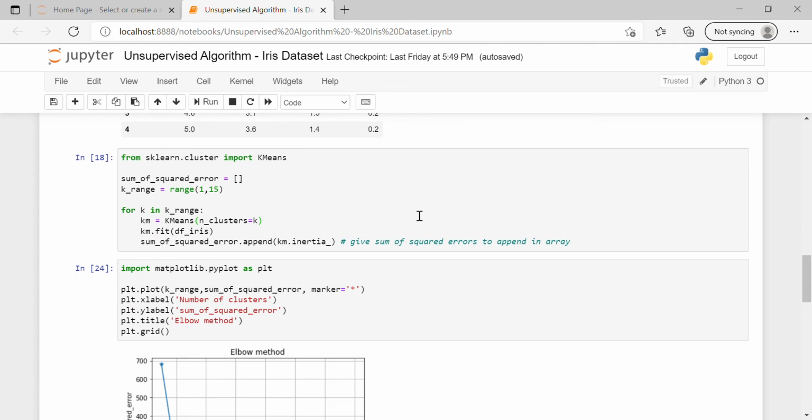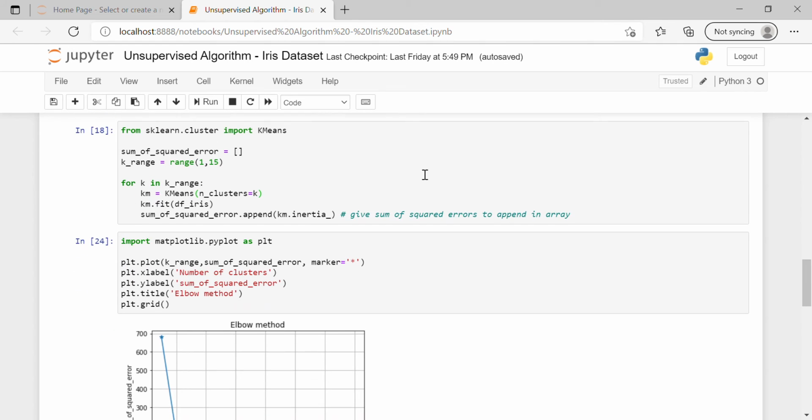Then we have to check for the clusters, how many clusters are there. For that we will first import the k-means algorithm, the KMeans class, and here we'll run a loop for 1 to 14, and we have n clusters equals k, and we'll fit it to the KMeans class, and then we'll append it to the sum of squared errors.